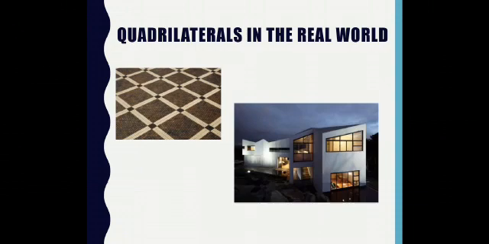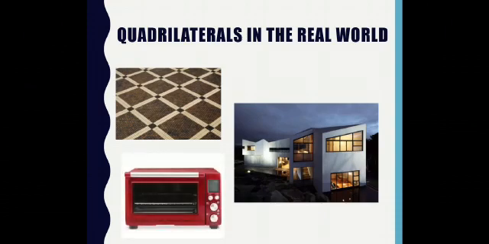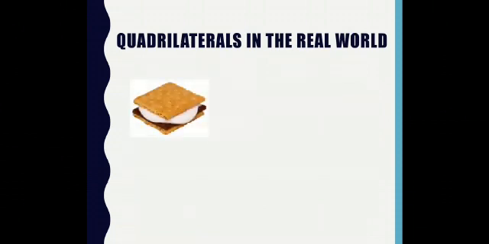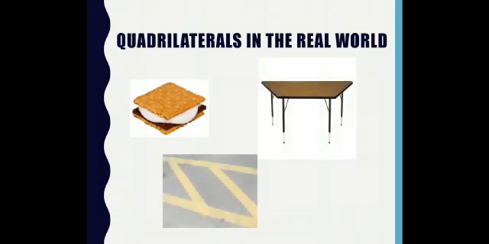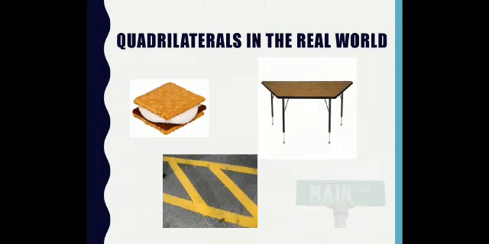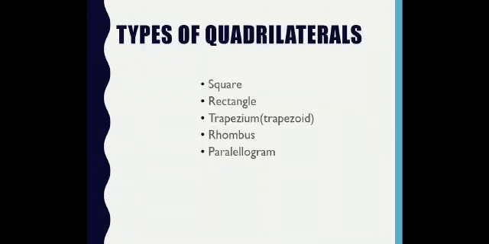If you look into your house, the window panes, the doors and everything are in the shape of a quadrilateral. The microwave in the kitchen is in the shape of a quadrilateral. The side, front and top part of a microwave are in the shape of a quadrilateral. And there are many more examples in the real world which resemble quadrilaterals. So basically quadrilaterals are four-sided figures. They have four angles, and today in this class we are going to study the different types of quadrilaterals.